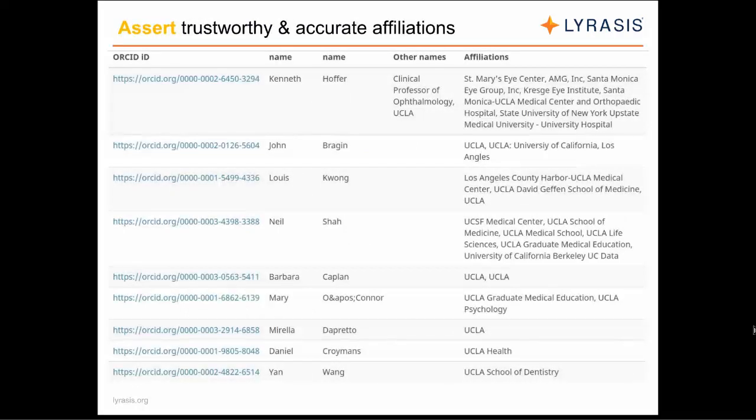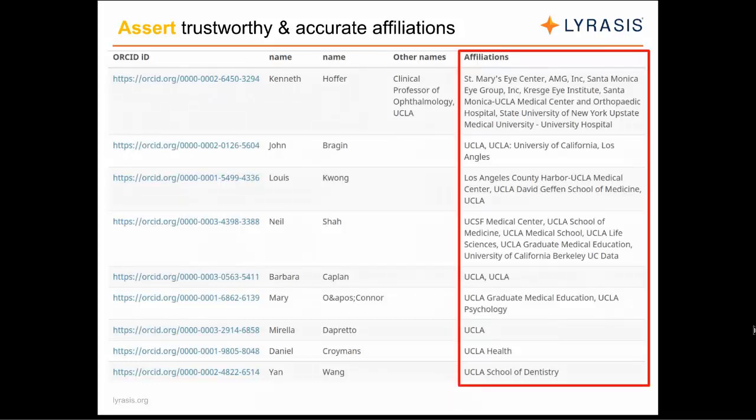So when it comes to assertions in ORCID data, when individual researchers enter their affiliations themselves, there can be all sorts of variations in how your institutional name is represented. For example, the University of California at Los Angeles. As you can see here, there is kind of a range of affiliations using either UCLA or University of California, Los Angeles with a comma or without a comma. And also accidental misspellings can also cause issues. So it's really beneficial for institutions to be able to assert control over how they want their names to appear